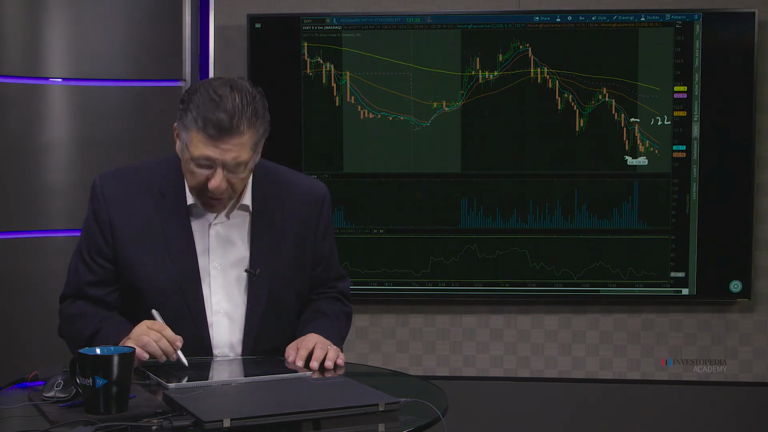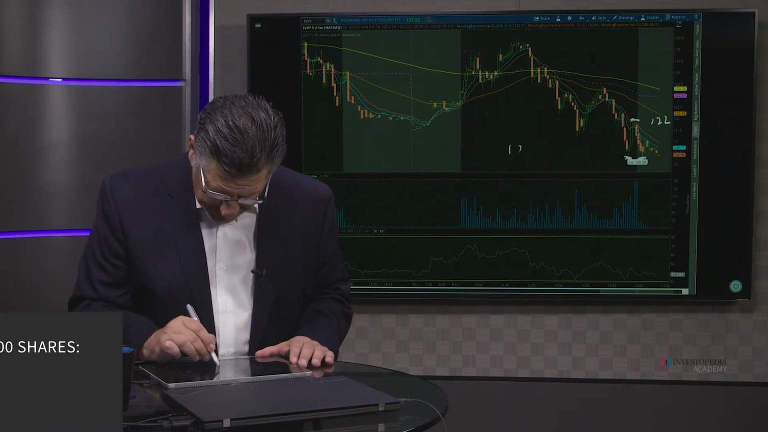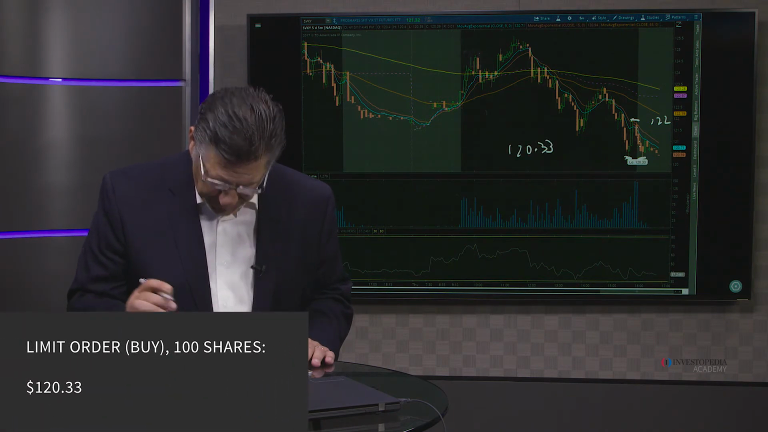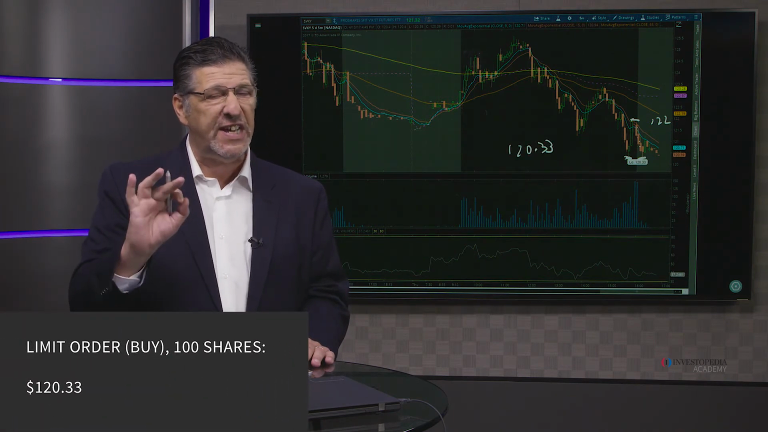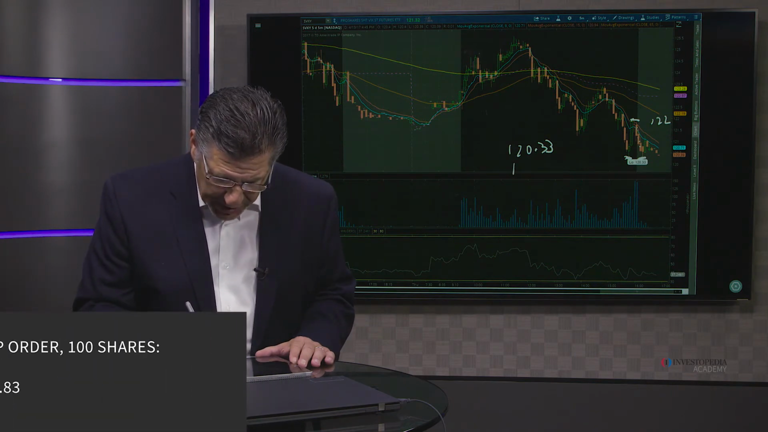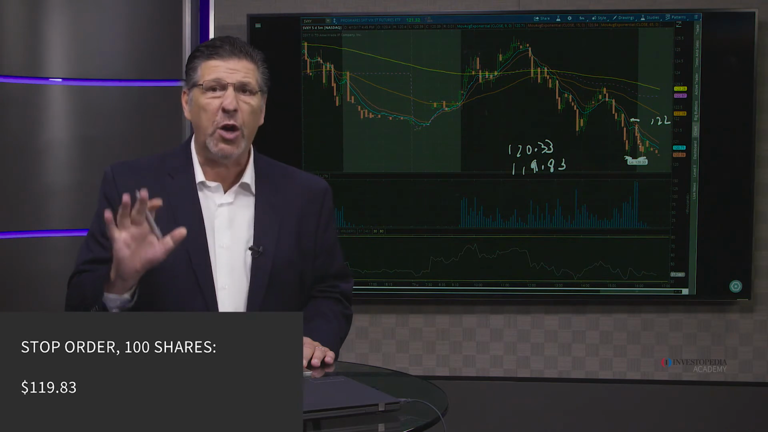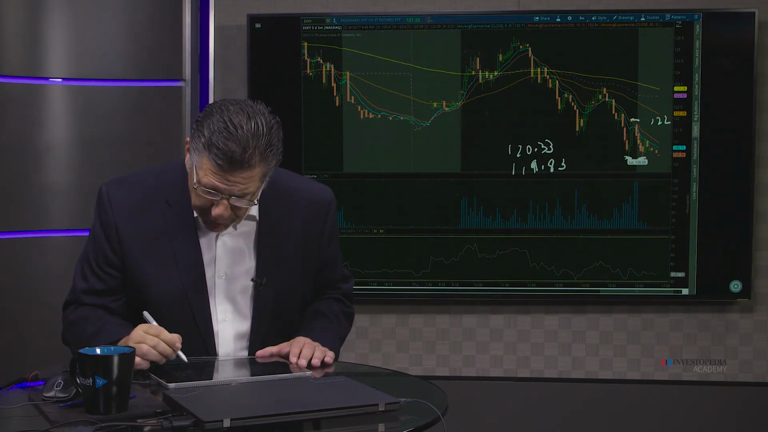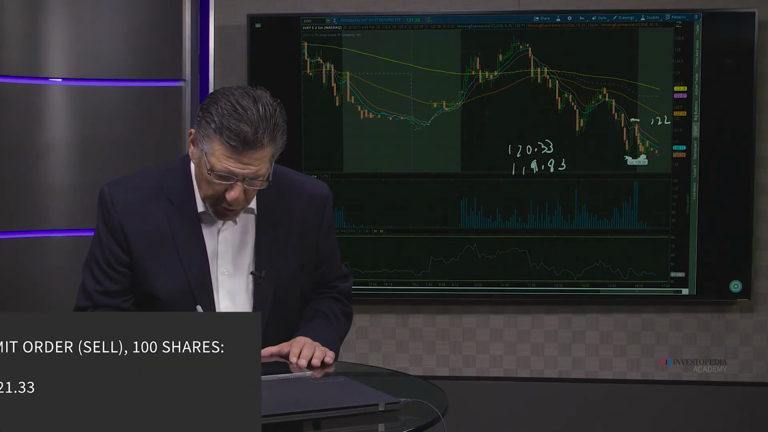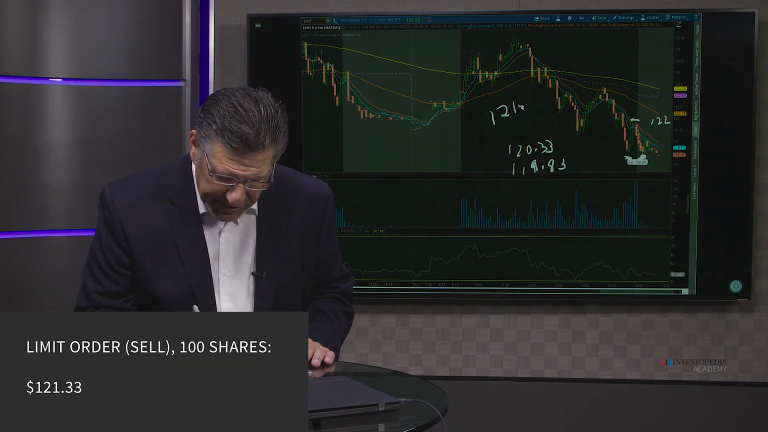We're going to put a limit order at the exact price of the double bottom, 120.33. Our stop order will go 50 cents below our entry, 119.83. And our profit target on a $120 stock will be $1. So we immediately, after we get in, put in our stop order and put in our order to sell the stock at